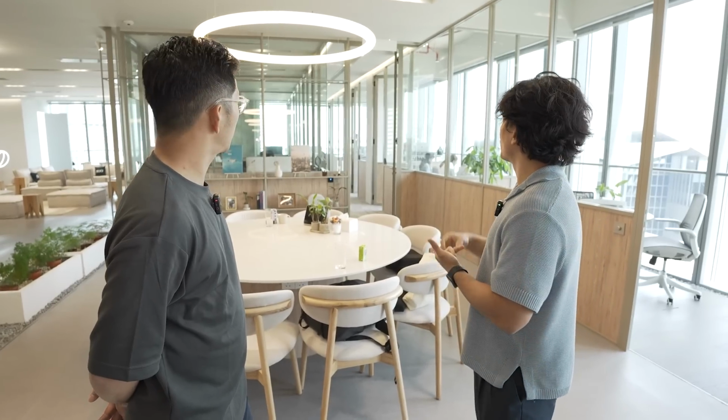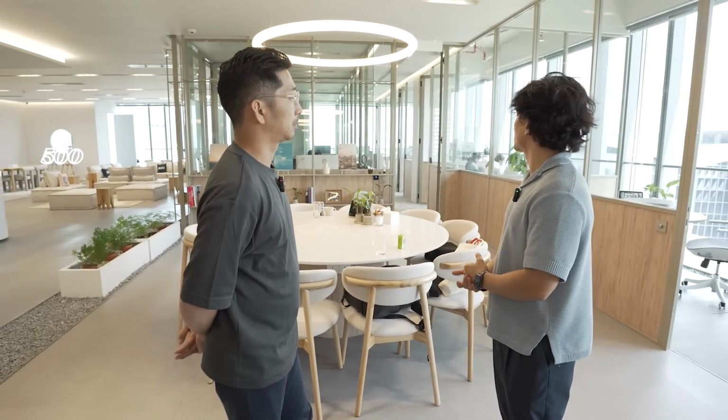So a lot of the people who work here are not just Malaysians who serve a global purpose, but also some of our global staff members who actually choose to work here in this location. Some of them rotate, they come in here. Some of them are expats that we employ out of here as well. I guess that's why we call ourselves 500 Global, right? Right. And today, 500 Global, the Southeast Asia arm, actually you guys are...